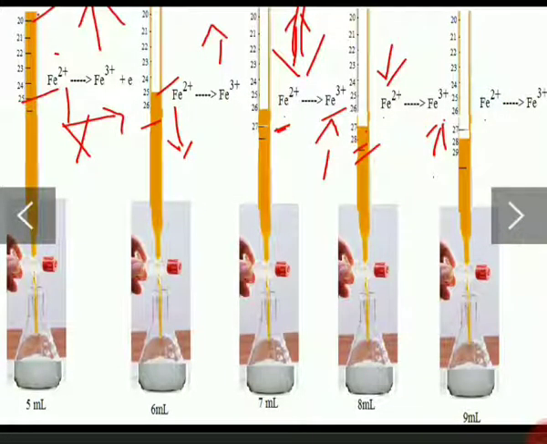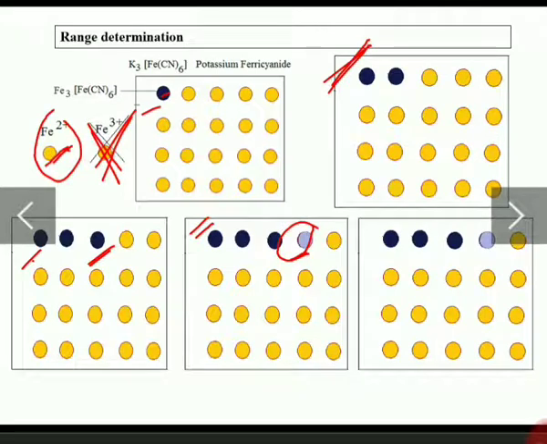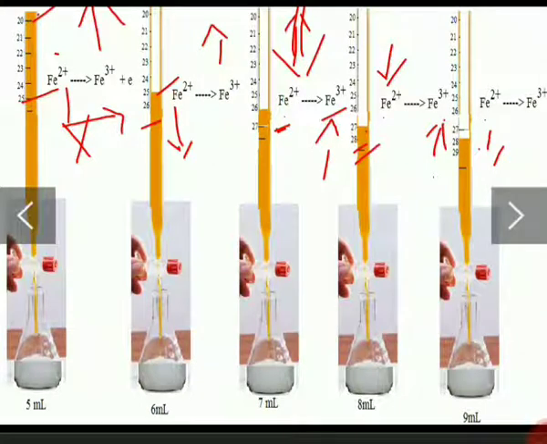Now the burette reading is 28 ml. Add 1 ml. Fe2+ will be converted to Fe3+. Take a drop of sample using a glass rod, bring it in contact with the indicator. Here you can see the indicator has not produced color. This says that the potassium dichromate you are adding has converted all Fe2+ into Fe3+. There are no Fe2+ ions remaining in the conical flask.